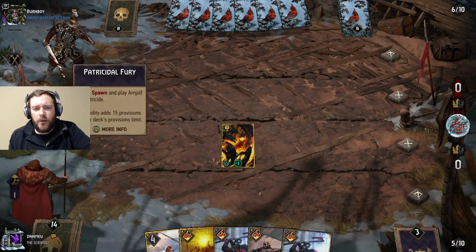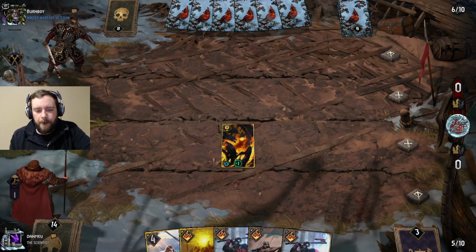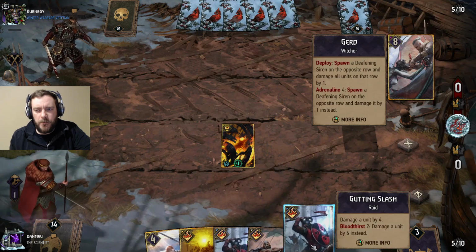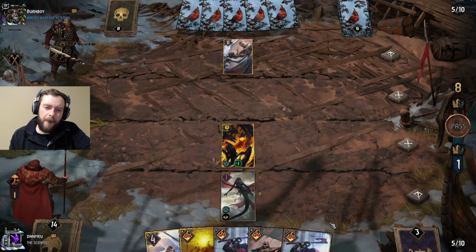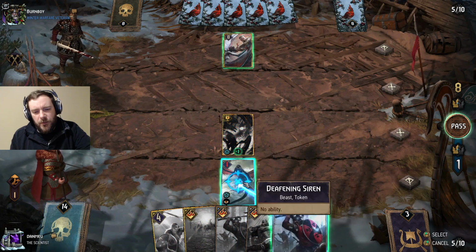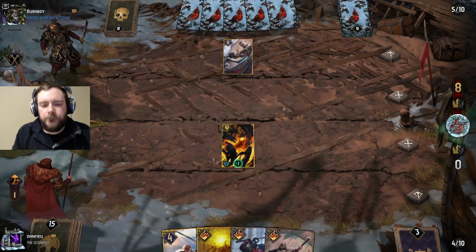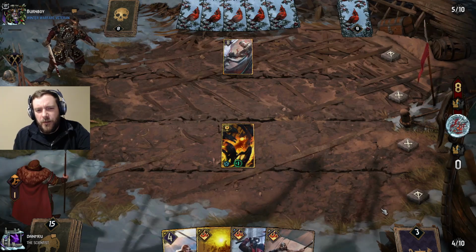Now, I think if I would have went long round with Patricidal Fury, I probably would have lost. Okay, so we'll just slowly chop that down. He's got one. Joe, which one of you wants to die first? This will enable him to get Blood Eagle out, so let's deny that. Now, it is kind of a backward play, I think, but...